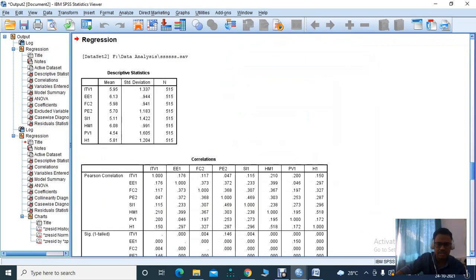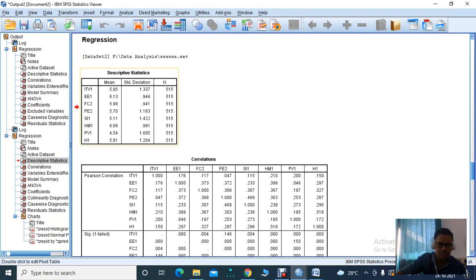This is the result of the regression analysis. This is the descriptive statistics showing the mean and standard deviation. This is the mean. We have used a 5-point Likert scale. I think there are some outliers here, as it's showing 6. So some outliers are present, and we have to check them. We can check the outliers by Mahalanobis distance. This can be discussed in a separate section of the SPSS analysis.